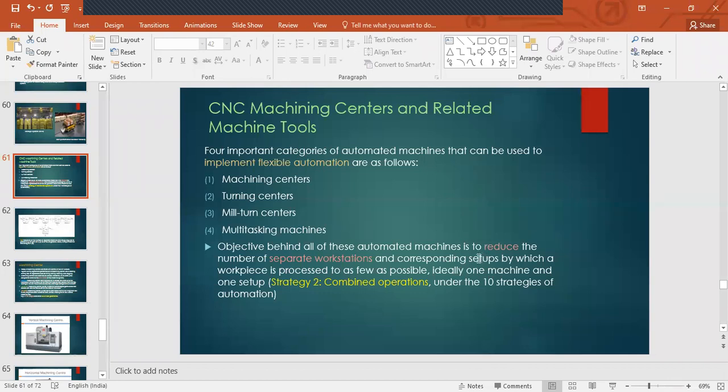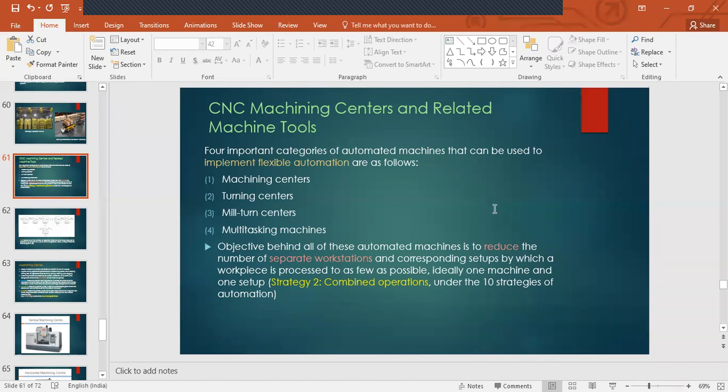And how do you reduce that? You reduce it by reducing the number of workstations, because if there are 5 workstations, the part has to go through each workstation, and it has to spend some time there for setup and also for processing. If you want to avoid that, you have to minimize the number of machines the part is going through.